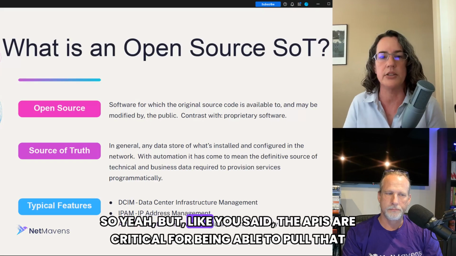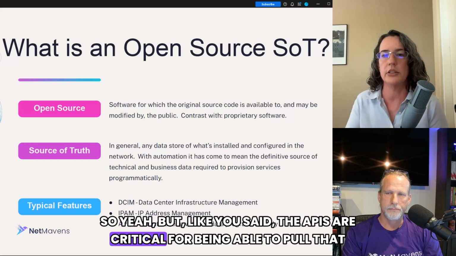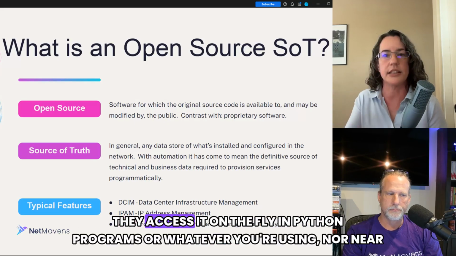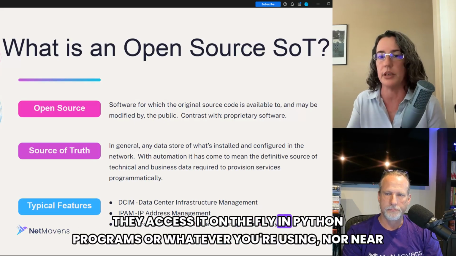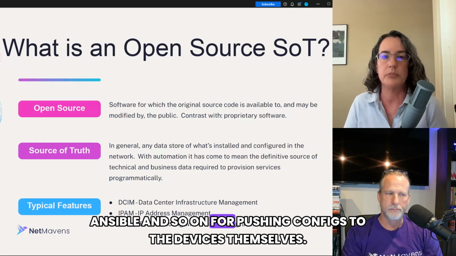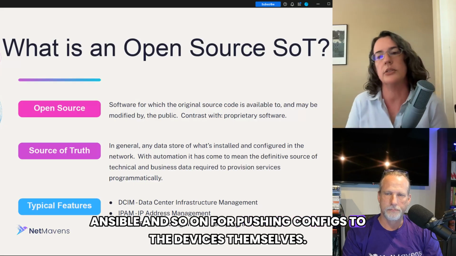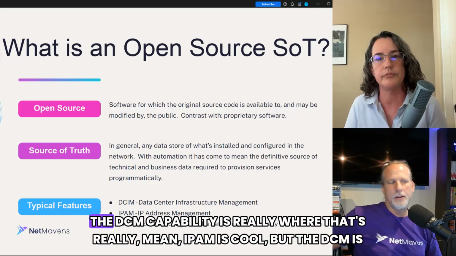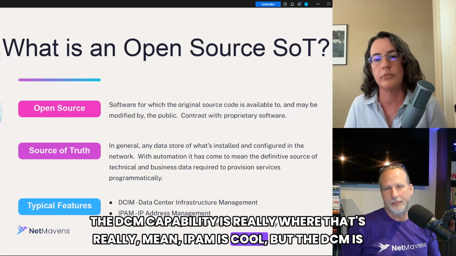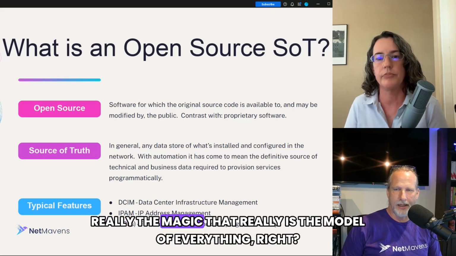So yeah, and like you said, the APIs are critical for being able to pull that information out in a programmatic fashion and access it on the fly in Python programs or whatever you're using, Nornir, Ansible, and so on for pushing configs to the devices themselves. The DSIM capability is really... IPAM's cool, but the DSIM is really the magic. That really is the